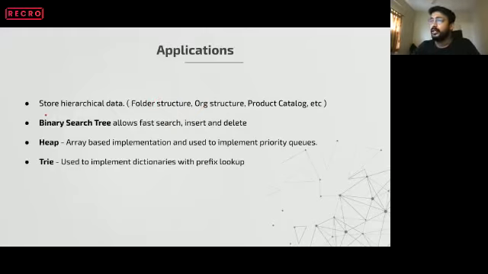And then we have the binary search tree. A binary search tree is a very special case of a binary tree where it's an ordered tree. We are not discussing binary search trees in detail. This is out of scope for this session, and probably we'll cover binary search trees in the next session. There are various advantages of binary search trees, and it's an optimized data structure over the tree.